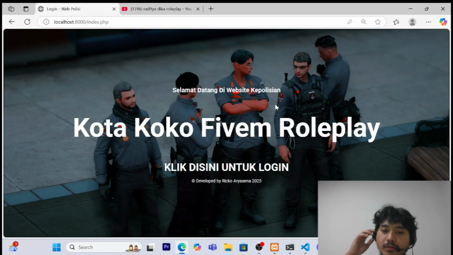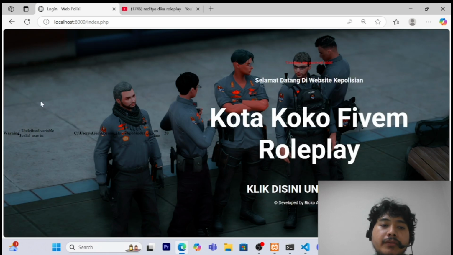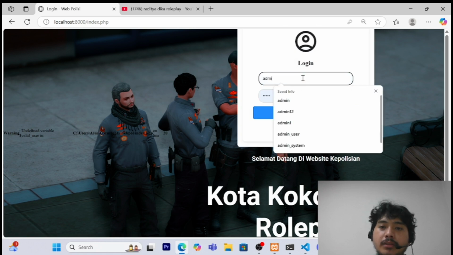But I have a problem with the user authorization system, so I cannot log in as a member here. I think I have something wrong with the code. So I will fix it soon after this, but I think it's okay.